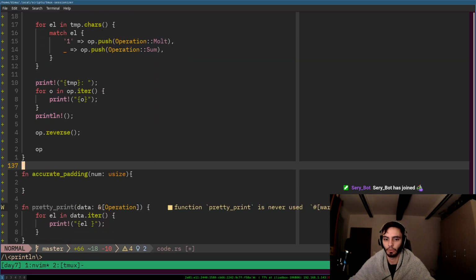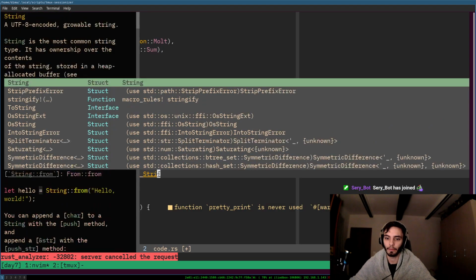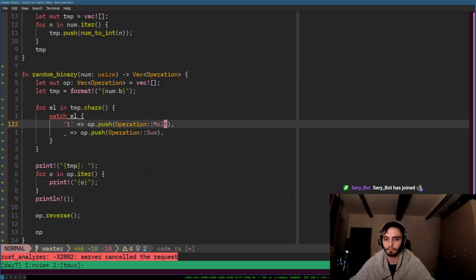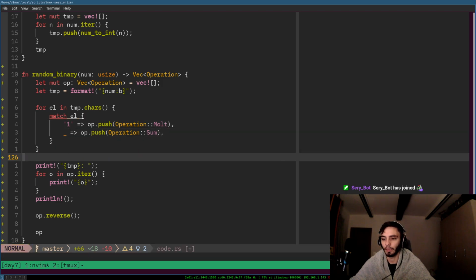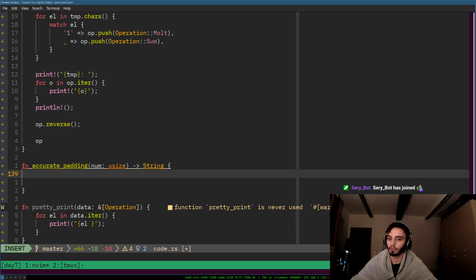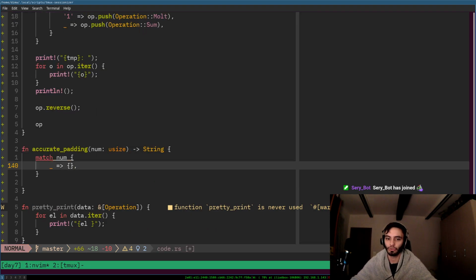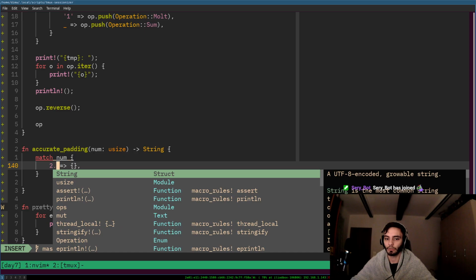Yes. Return string. Okay. Let's say that I know what I'm doing, and I should pad every time that I jump the power, right? So every time there's one power up, I should be jumping. Num times match. Okay, if it's 2 pow,